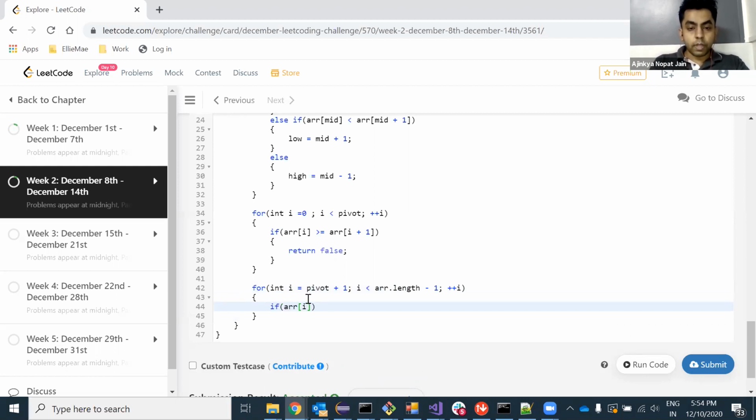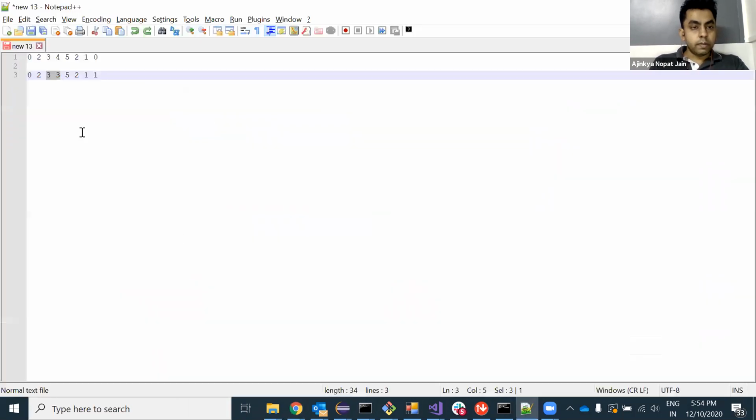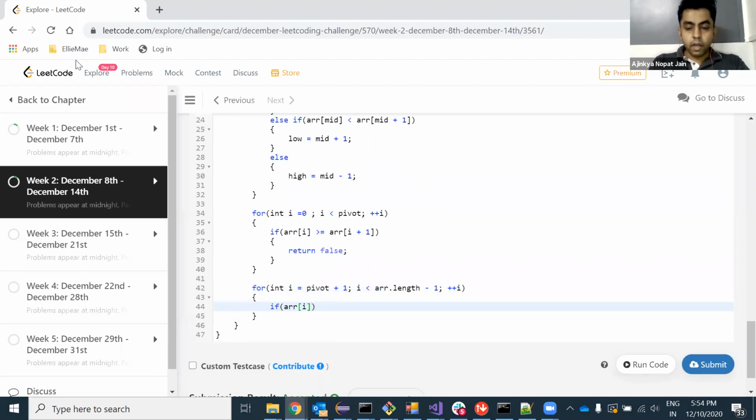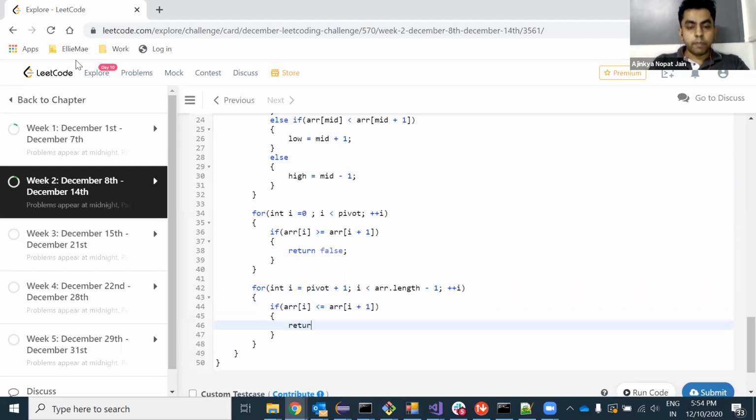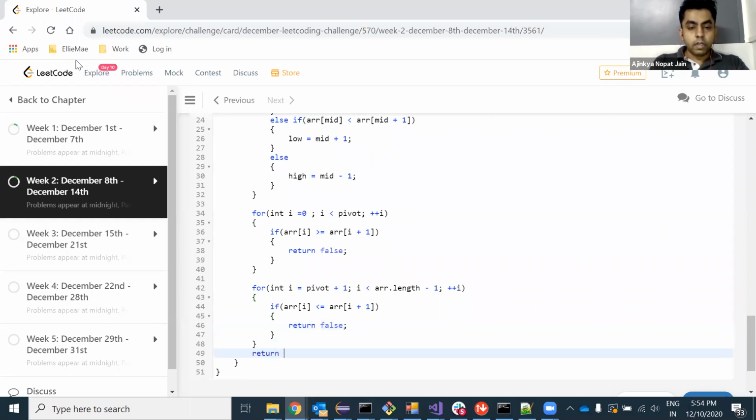Now the elements after the pivot element have to be strictly decreasing. So we'll have to check a condition: if arr of i is less than or equal to arr of i plus 1, then return false. It means that it is not strictly decreasing.